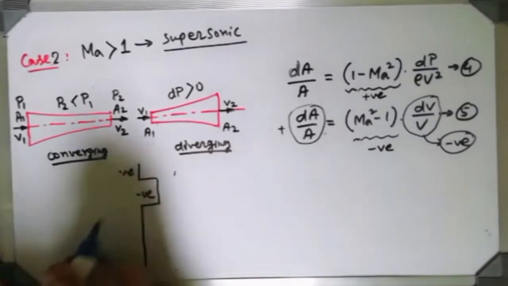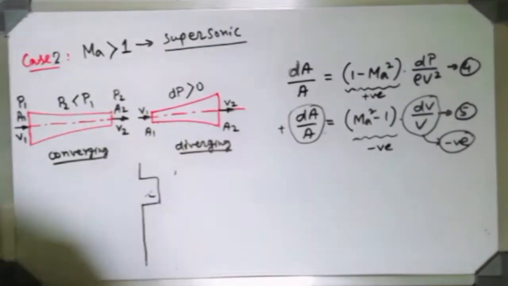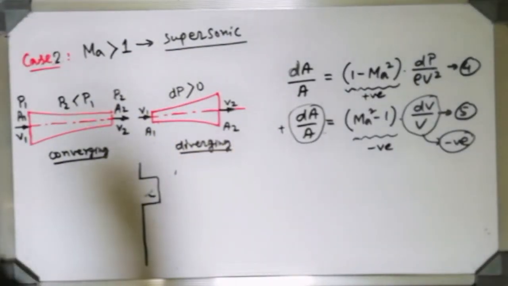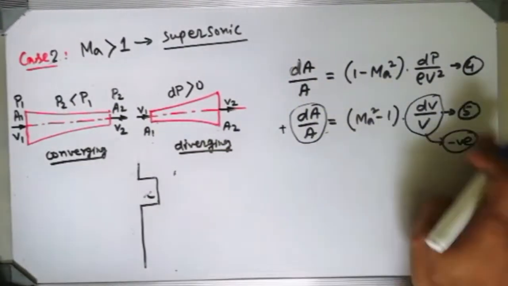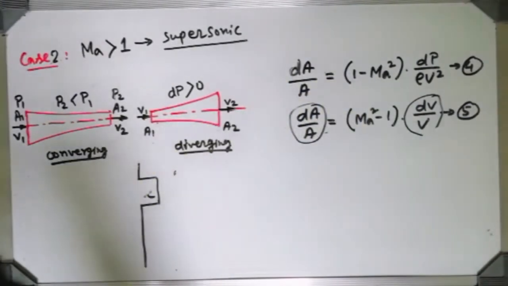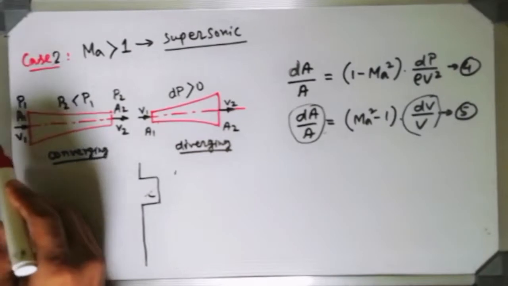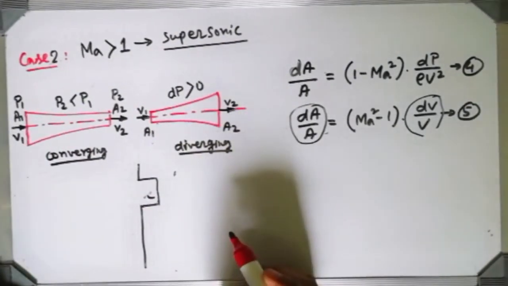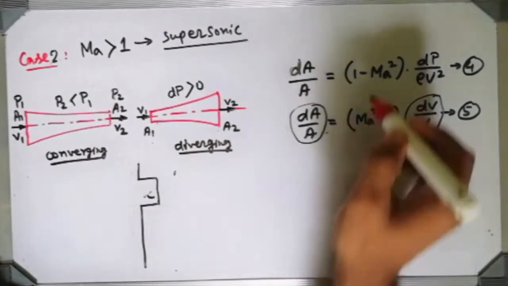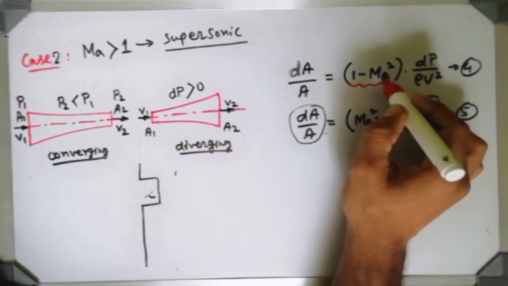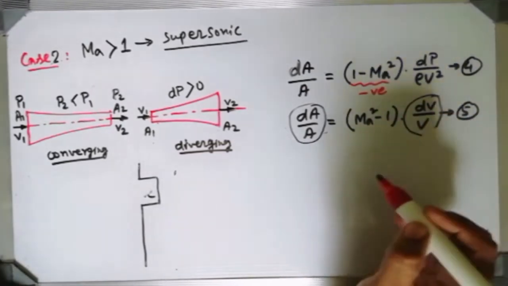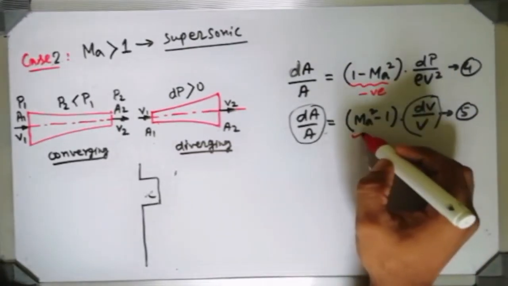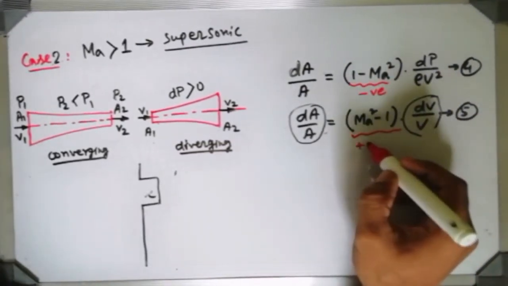Now see the magic over there, it will do the reverse thing. Now over here, equation number 4 and 5, observe the things similarly again. Incoming velocity is coming more than Mach number. So if Mach number is more than 1, this value is giving you a negative value, and this parenthesis part will give you a positive value.